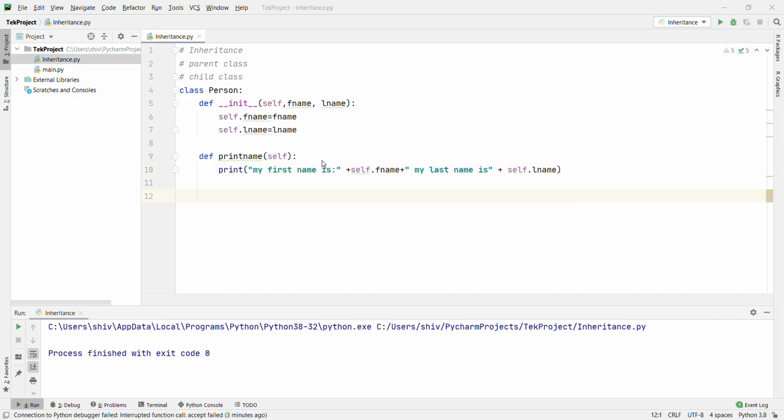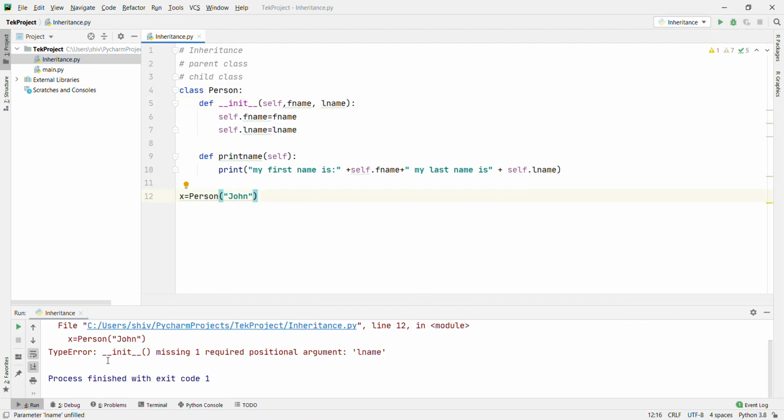Now I am going to create an object of the parent class. We create Person and pass two parameters, first name and last name, John Cena. The default constructor takes two parameters, first name and last name. If you pass only one parameter, it will give an error. Let's run it. It says missing one required positional argument, lname.